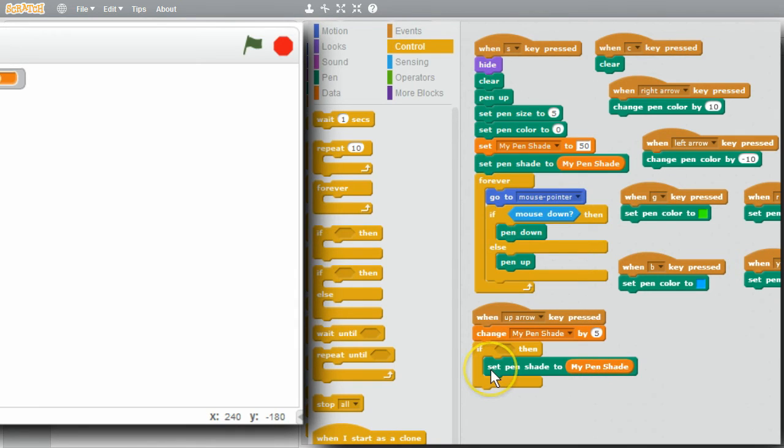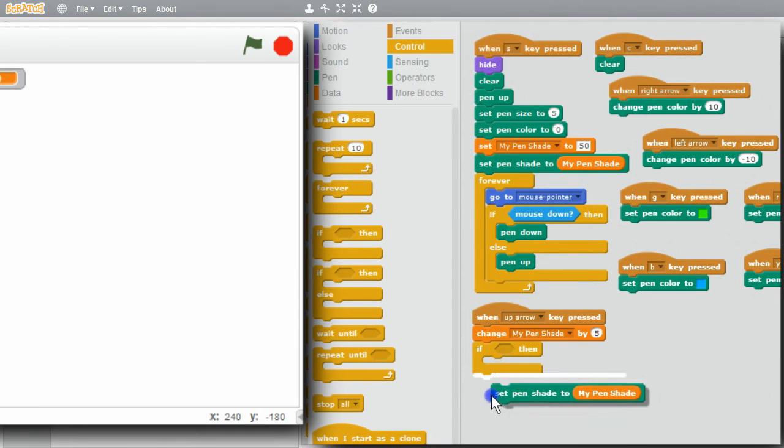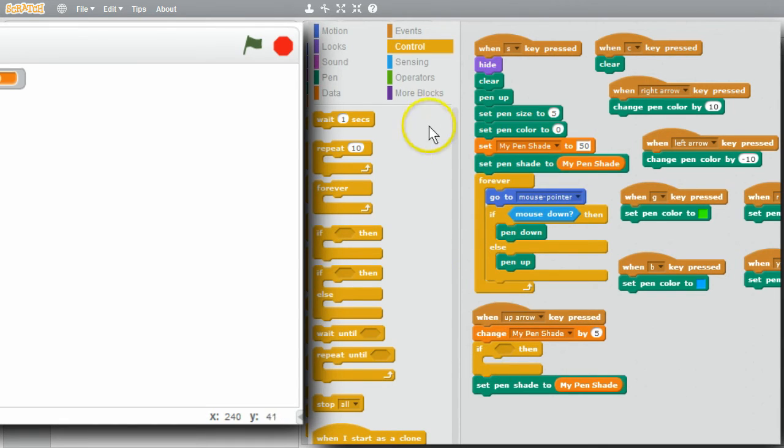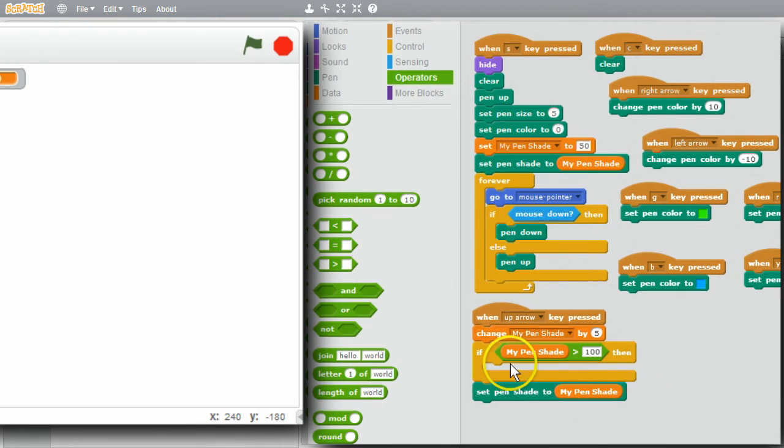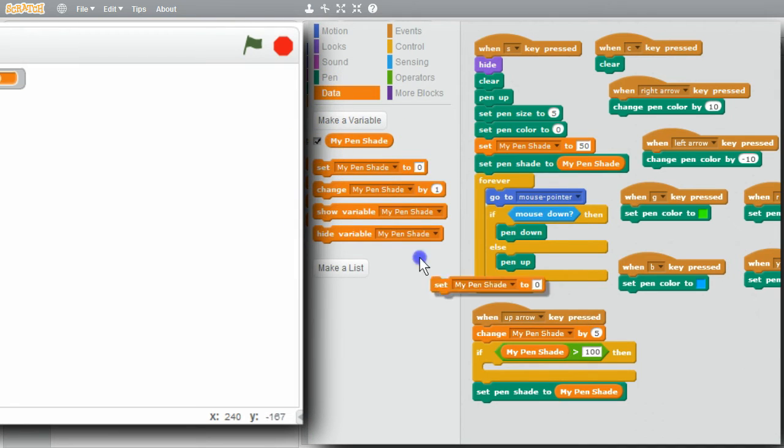Well, it didn't go in between. I'll move the set after the if. I want to say, if my pen shade is greater than 100, set my pen shade to 100. Go to Operators, greater than. If my pen shade is greater than 100, copy my pen shade, set my pen shade to 100. Go to Data, set pen shade,